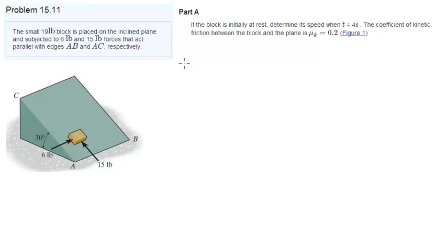Alright guys, now we're gonna do problem 15-11 on the Dynamics, and the problem says that this small block right here weighs 19 pounds and is placed on the incline, and then two forces act on this block, which is a 6-pound force and a 15-pound force parallel to the line AC and the line AB. So if the block is at rest, we've got to determine its speed after 4 seconds, and the coefficient of friction